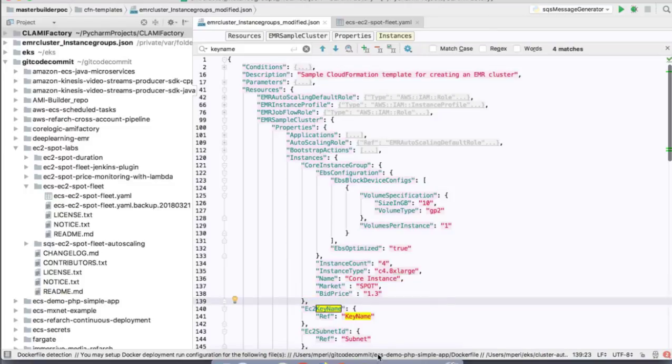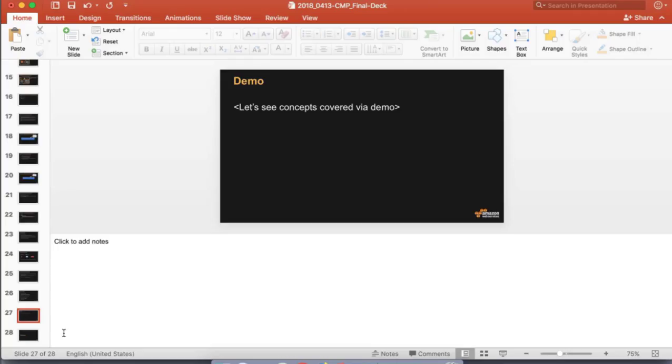So that brings us to the end of our session today. There are a lot of workload patterns that are available with EMR and EC2 Spot, and within Spot, based on your requirements, we have multiple choices of instance groups, instance fleets, Spot blocks, a wide variety that could work well for the workloads that you have at hand. I just wanted to summarize and say that it's very easy. At least give it a try to see how your EMR workload works with Spot. You will be happy with your